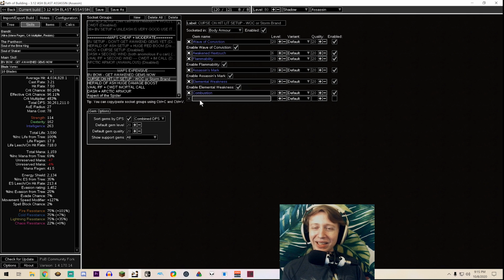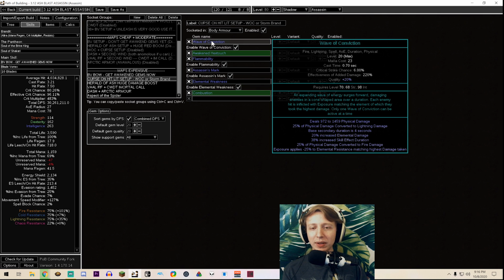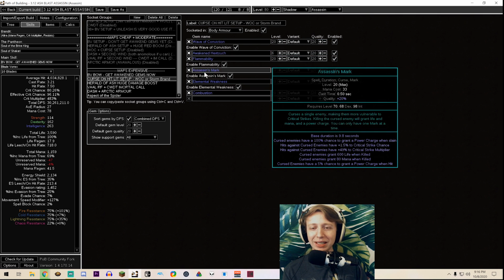Since we have a 6th link in our bow, we are going to use the 6th link in our chest piece now for a Wave of Conviction Omega Curse setup, alright? We're endgame, we're expensive, you're juicing, you're doing Delirium maps, you got a lot of money. Well, now you can buy Awaken Hex Touch, and linked to Wave of Conviction, we are going to use Flammability,